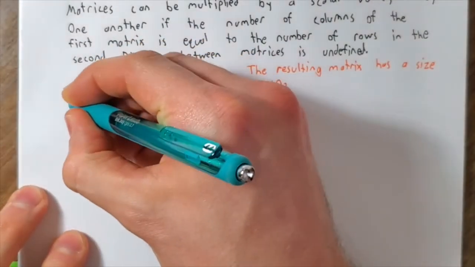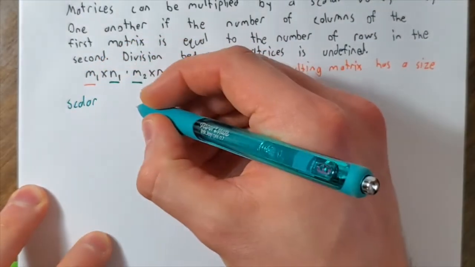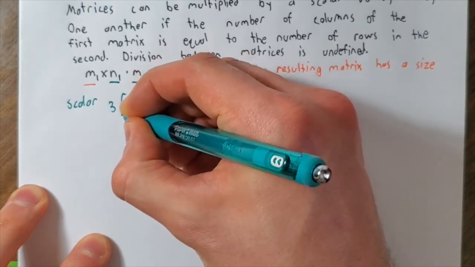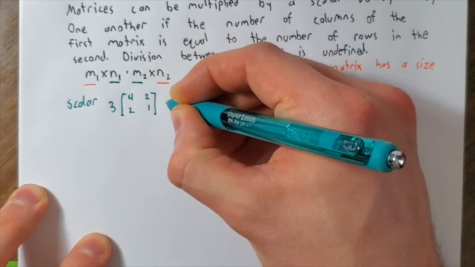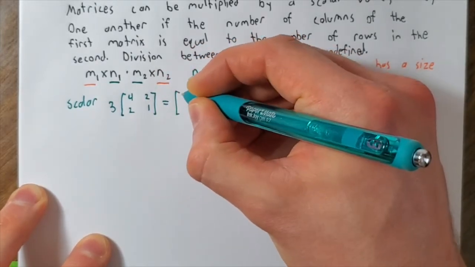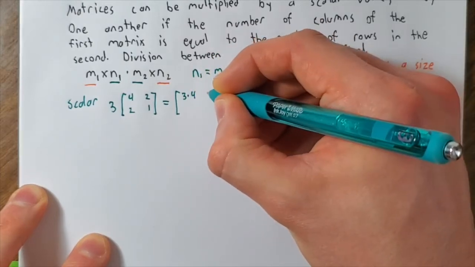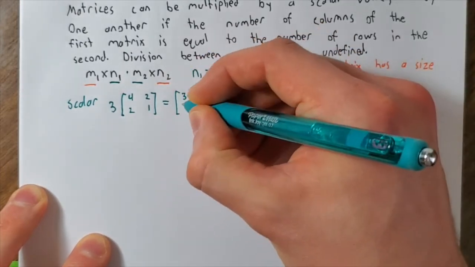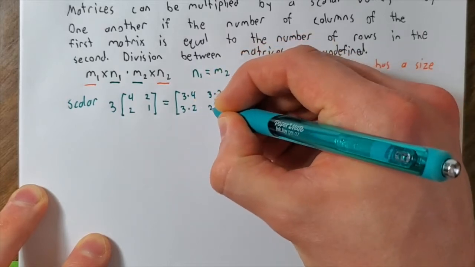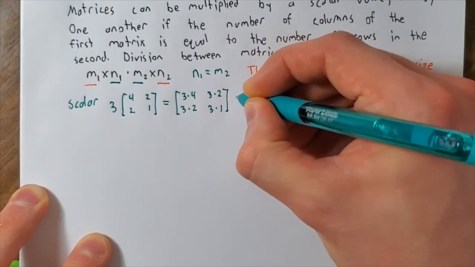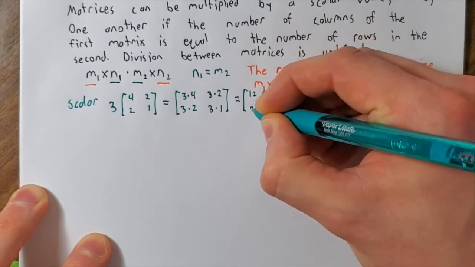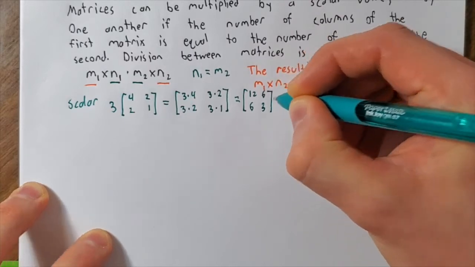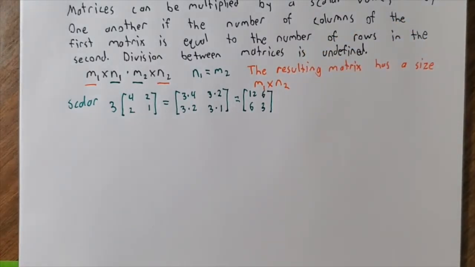So let's do one with a scalar. If we have 3 times the matrix 4, 2, 2, 1, it's as simple as it seems. We're just going to take 3 and multiply that by every single one of our entries here, which is going to get us our final answer. And again, the size remains unchanged for the scalar matrix, but that's not always the case with our products between